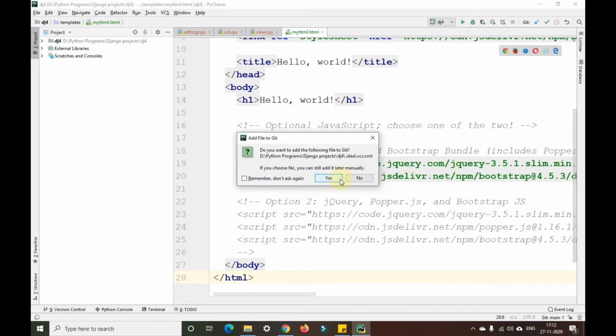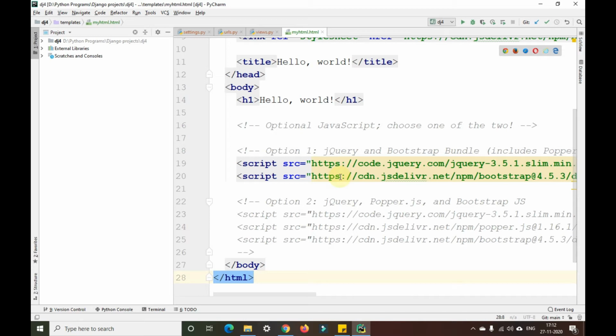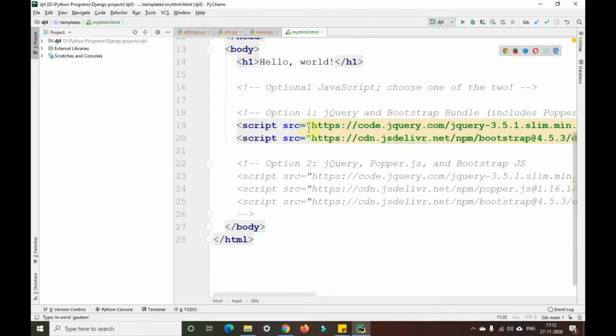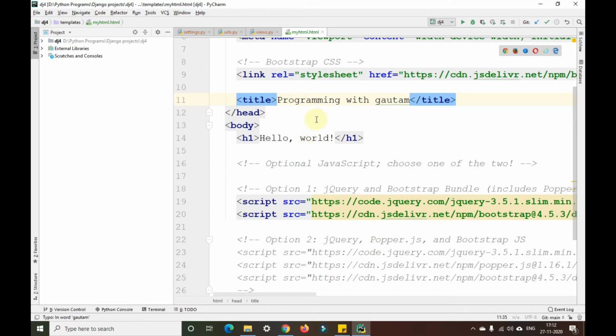I'm pasting that code and clicking yes so that it will be uploaded to my GitHub. Now I'll change this title to Programming with Gautam. After that, I'll remove this h1 tag and write some code there.